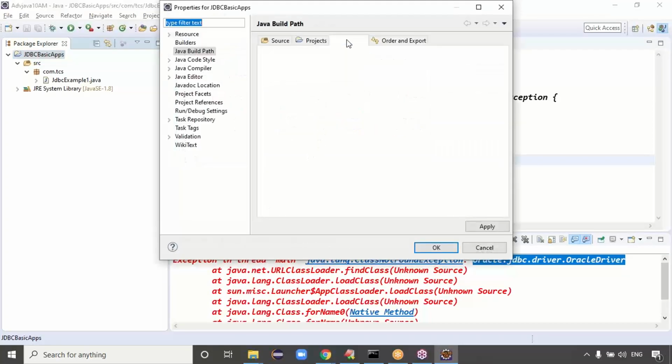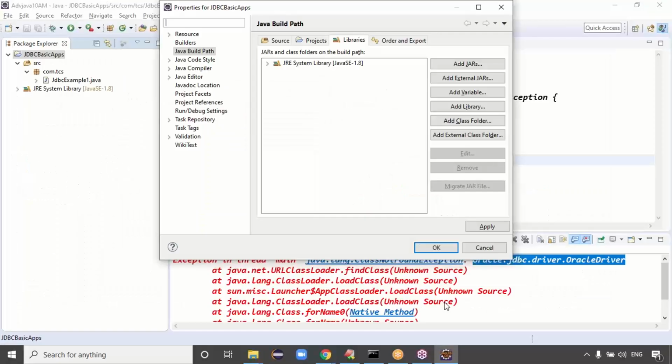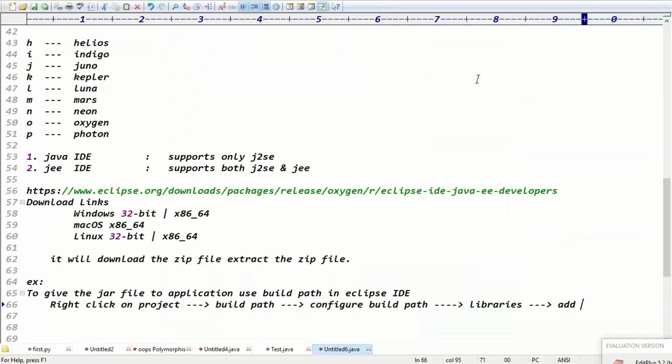It's asking for libraries, so go to the libraries, because a jar file is called a library, right? In the libraries, on the right hand side, you have Add External JARs. So click on Add External JARs.